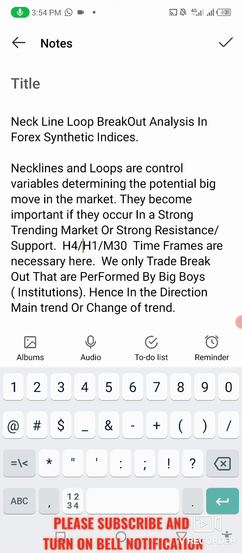Okay, we only trade breakouts that are performed by big boss or institutions. There are two types of major move in the market. We have the trap move and we have the big boss move or smart money move. The trap moves are all those moves that you trade and you lose. When you trade them, they hit your stop loss because you traded the wrong direction. Okay, so this neckline and loop analysis will help you to identify